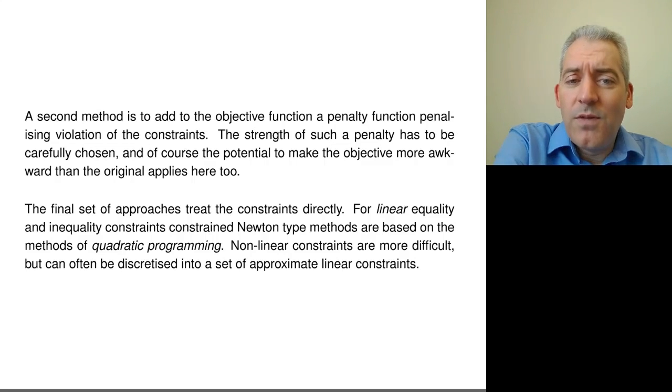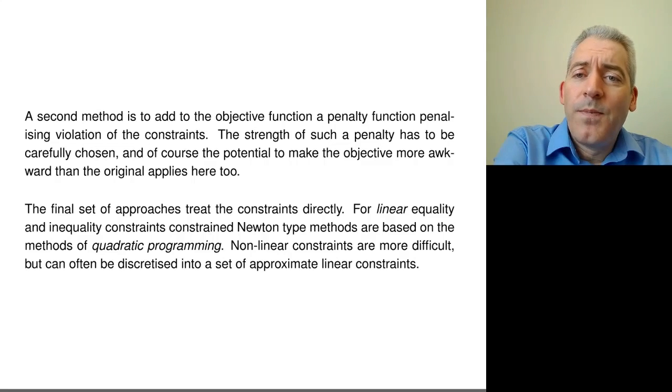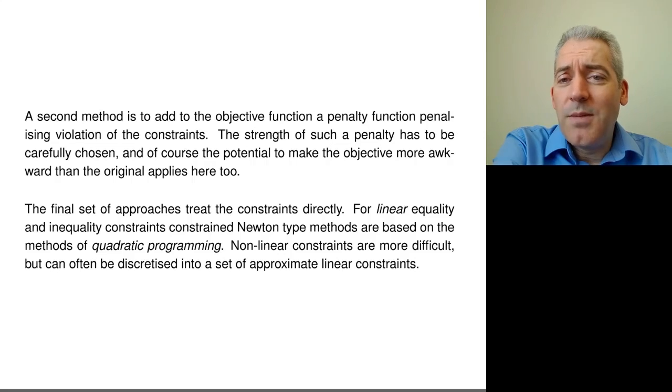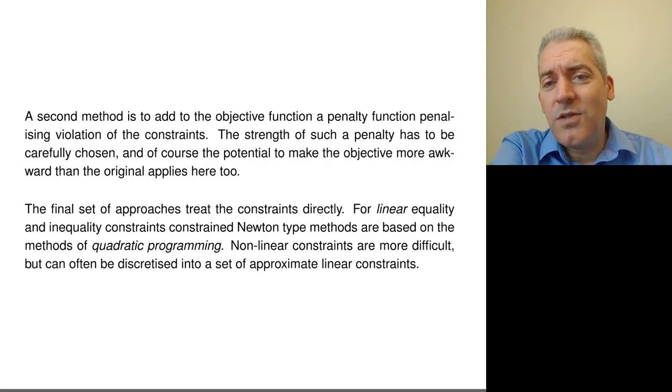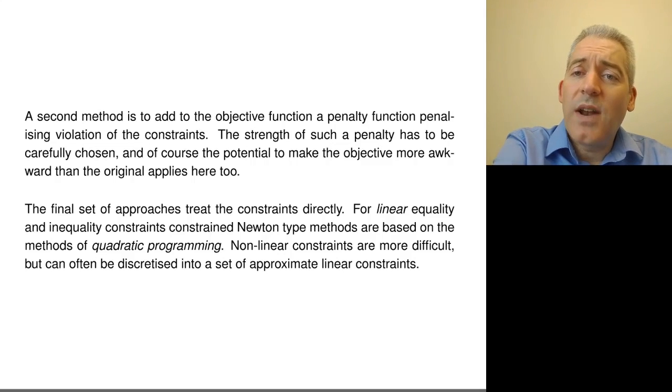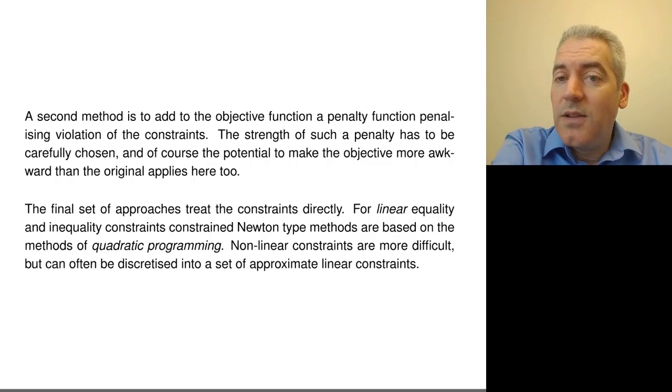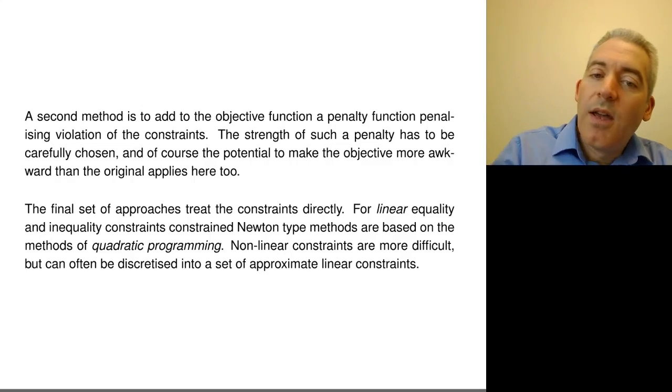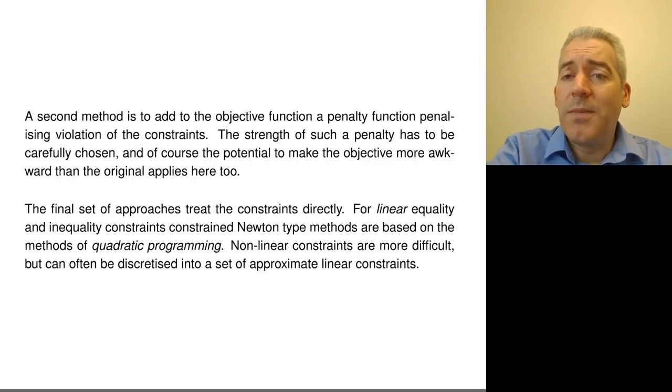So for example, if you've got a Newton method and you're calculating a Newton step either by solving a linear system or by just applying a matrix multiplication, if it's a quasi-Newton method, you can directly build those constraints into those steps to ensure that each step that you execute doesn't violate those constraints. So you can actually put the constraints into your optimization procedure. And if you can do that, then that's nearly always the best thing to do,